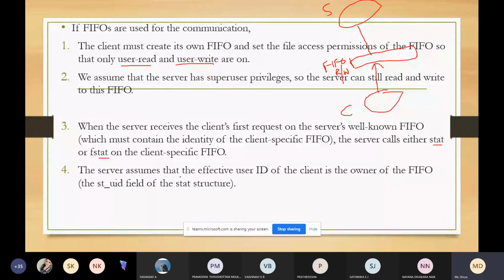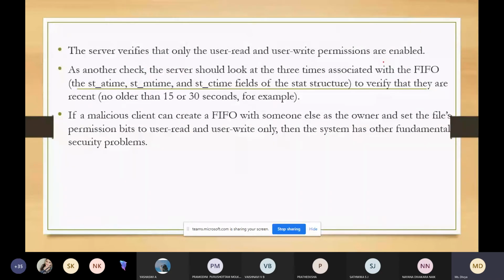The server assumes that the effective user ID of the client is the owner of the FIFO, so it will understand that this is the client which created this FIFO. The server verifies that only the user read and write permissions are enabled.